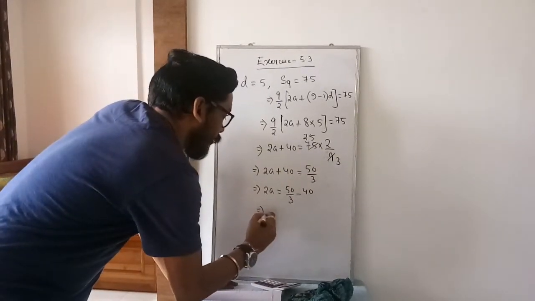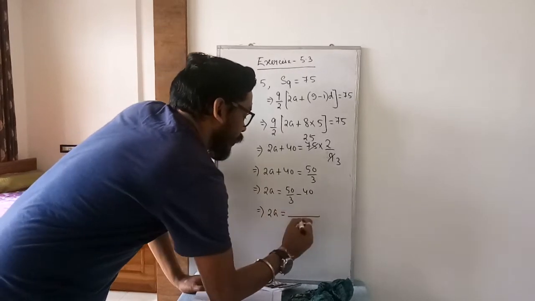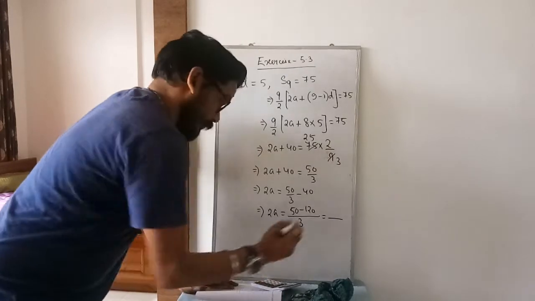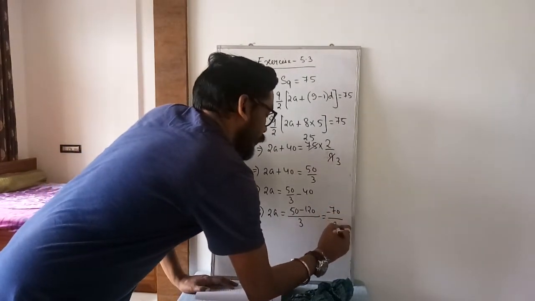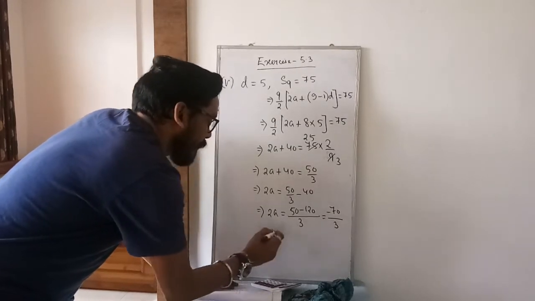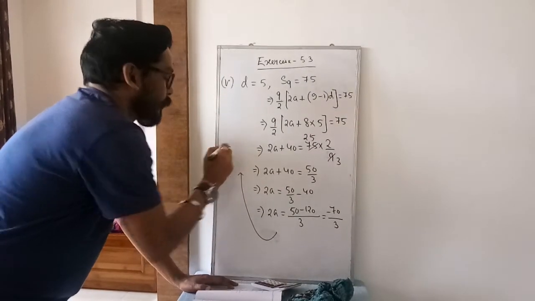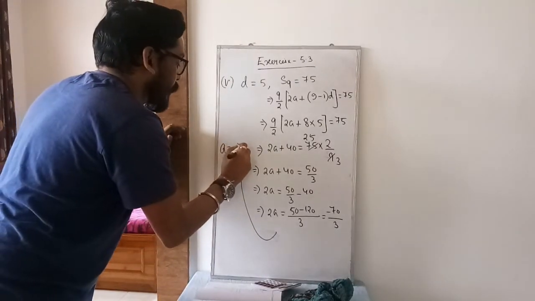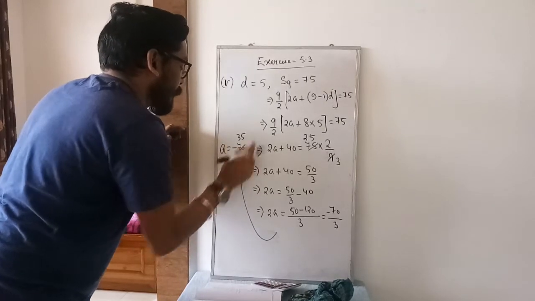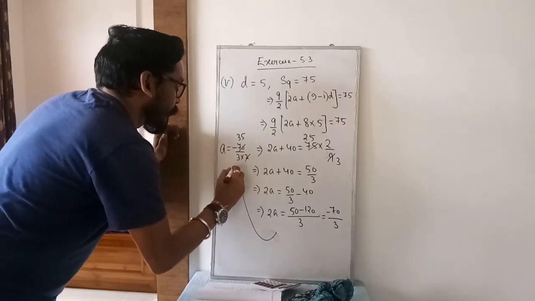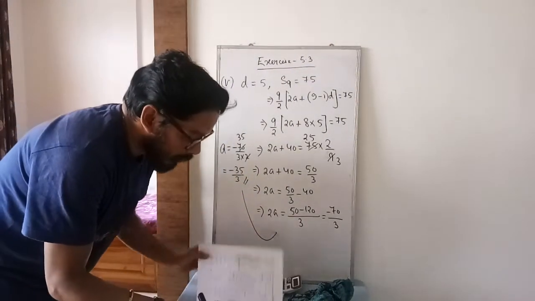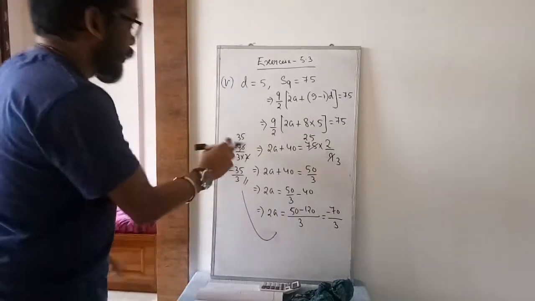So it is 2a equal to, to solve this, if we take the LCM, it is 120. So it will be minus 70/3. So a equal to, final, I am writing it here, a equal to minus 70/3, and the 2 will shift here to 35. So it is minus 35/3. So take the screenshot, minus 35/3. So this is the value of a.